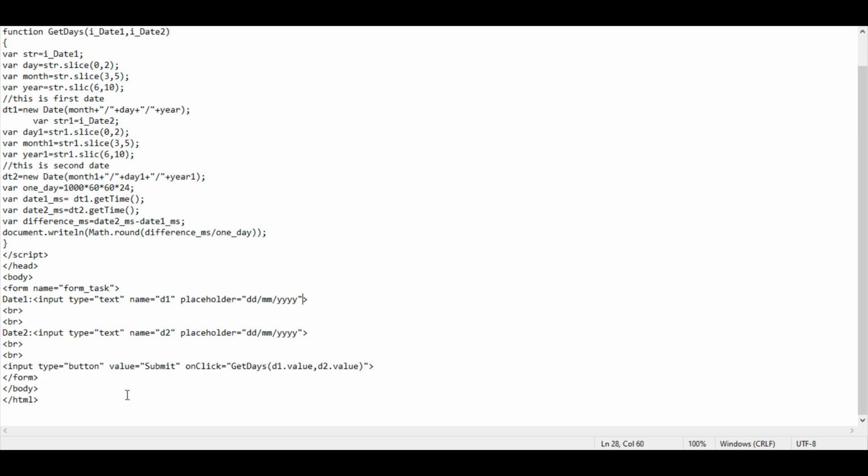Correct. Get days. Okay, correct. Okay, so now your next step would be Control S, as it is saved now. I'll take you to the browser interface so that we can see the output we receive, and we'll just continue, and that will be your output.